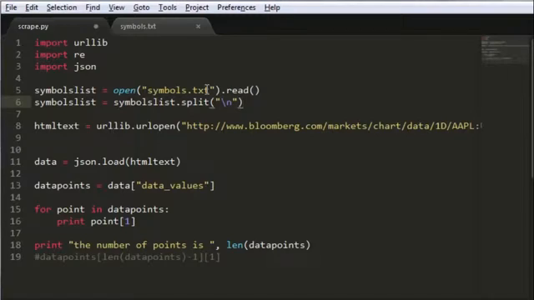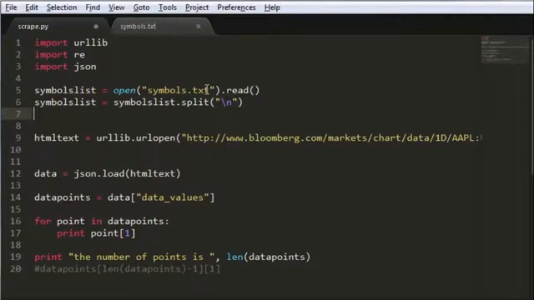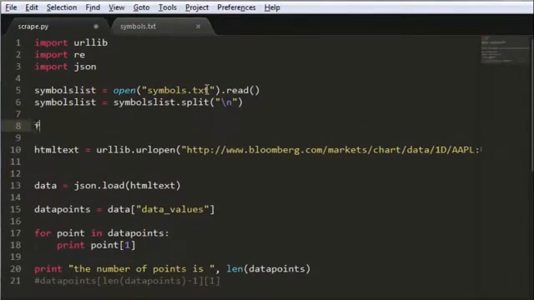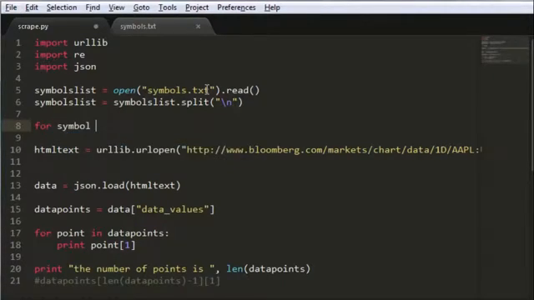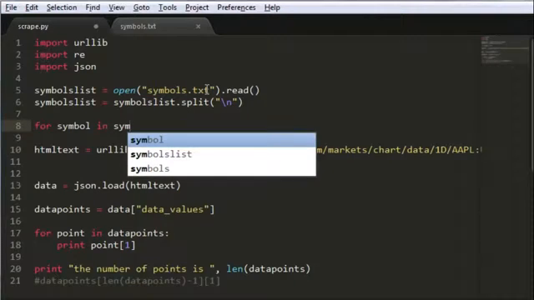Yeah, that's correct. So now I want to loop through every symbol, so I'll just say for symbol in symbols list,